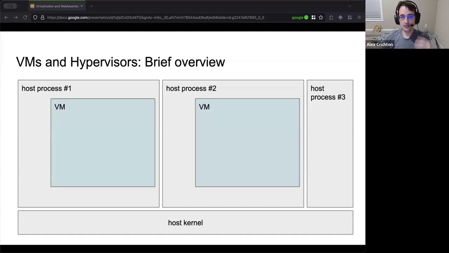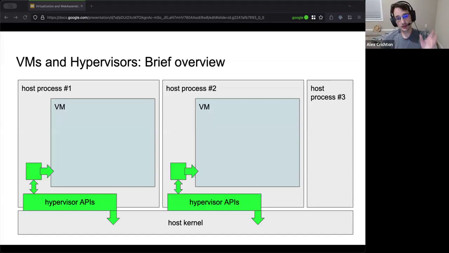And a lot of folks today will decide to run a virtual machine inside of a process. For example, if you run QEMU on the command line with KVM, this is what's going to happen. You have one process of QEMU, and it's going to run one virtual machine inside there. The way this all works is that the host process has some code, this little green box, and that talks to the kernel with hypervisor APIs. That's typically KVM on the Linux side of things. And that's used to manage the virtual machine, get the virtual machine set up, communicate with the virtual machine, handle all that fun stuff.